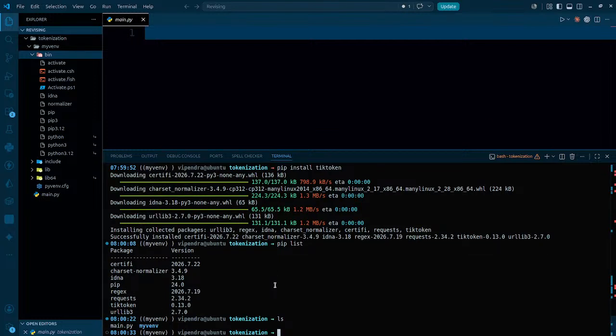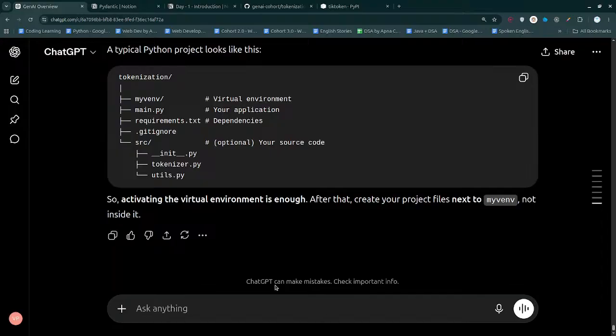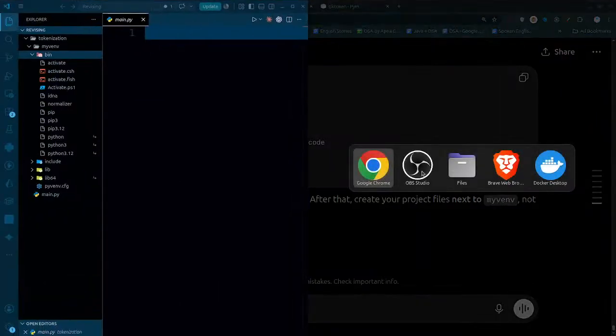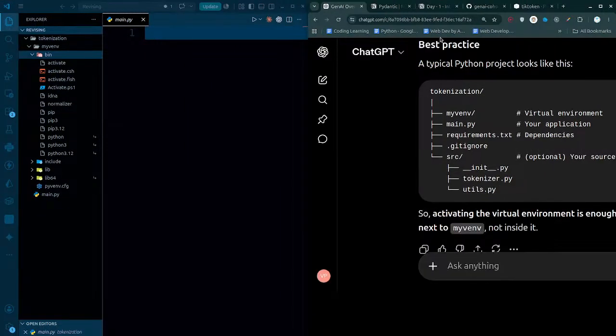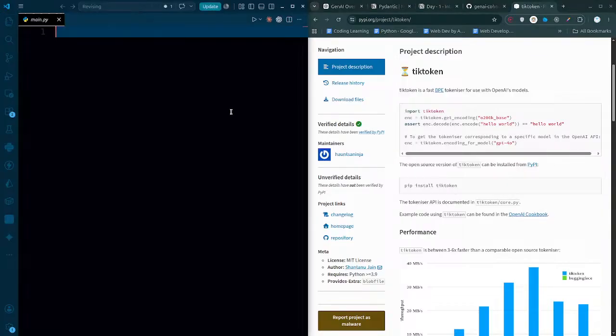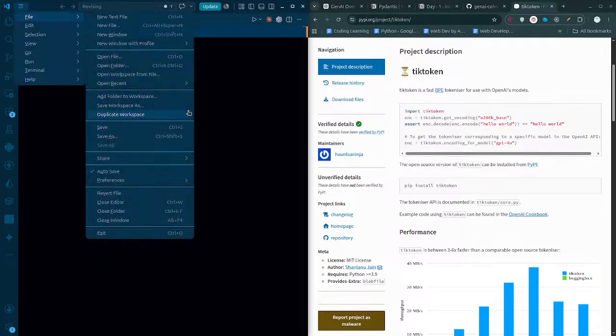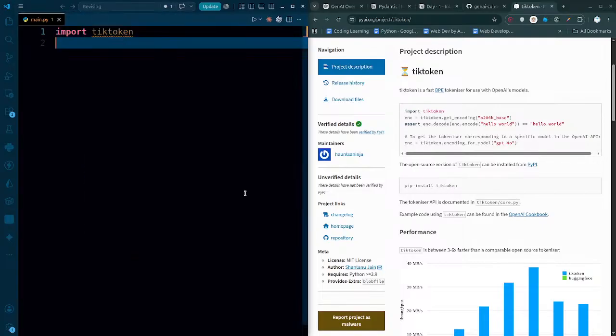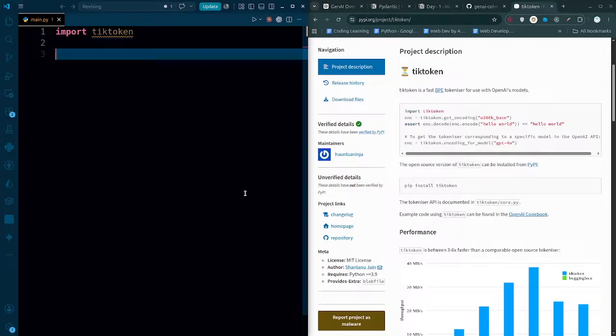Okay, so we have done this part. Now what is the next thing? The next thing is that let's keep it side by side. What is the use of even memorizing the stuff? Coming back to this, we have to import it. Import tiktoken. So we are gonna be importing tiktoken, and now we have to have